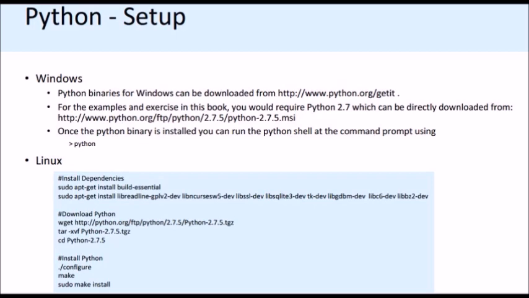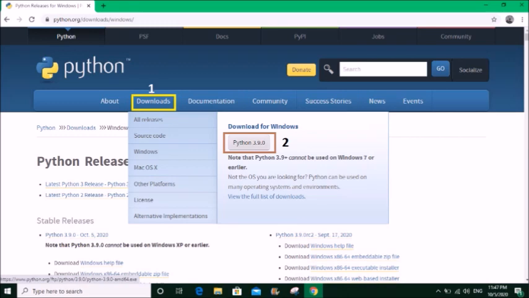So regarding the setup, how to set up Python, search www.python.org and then you can find the download options and start downloading Python 3 or 3 point above. What I have installed in my computer is Python 2.7. So you can go for that also. So let us start with the programming.